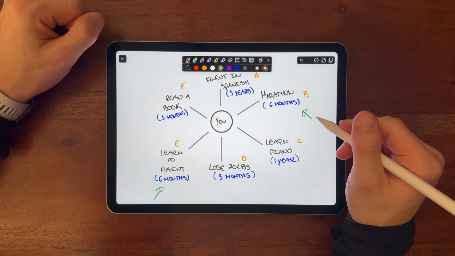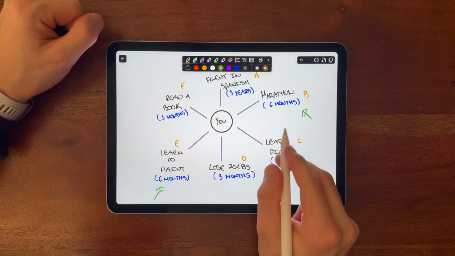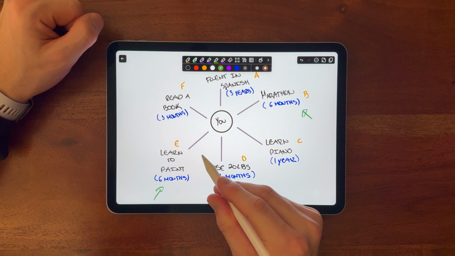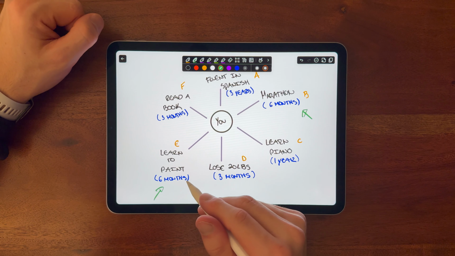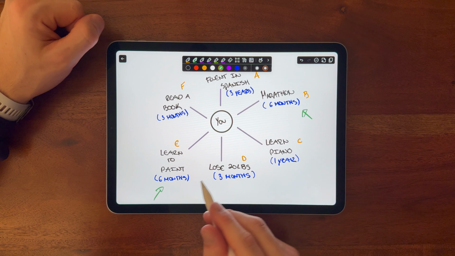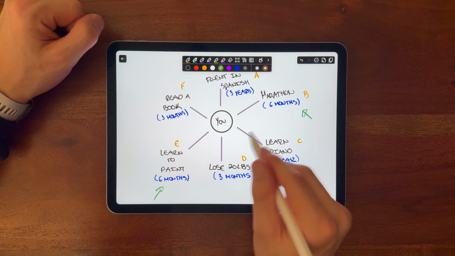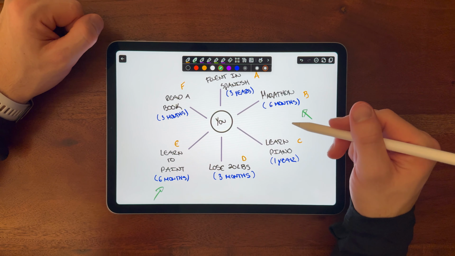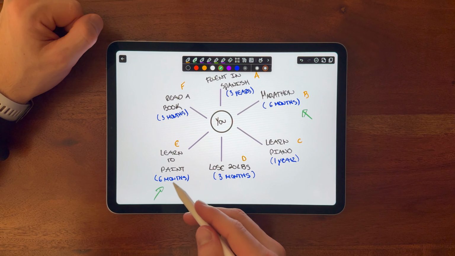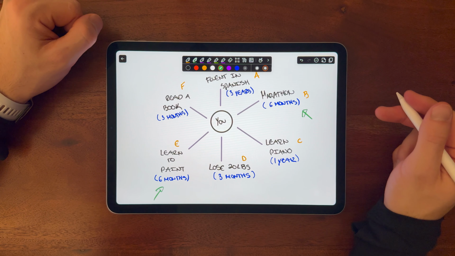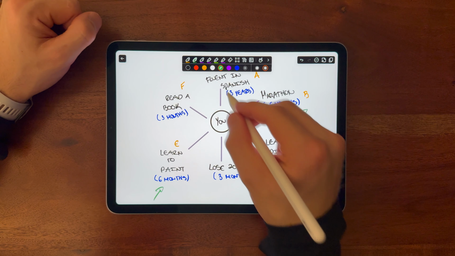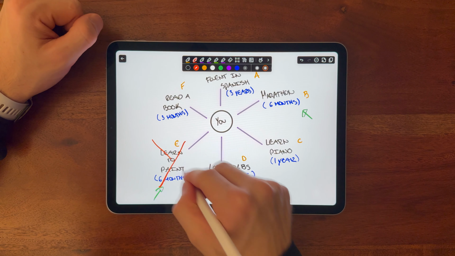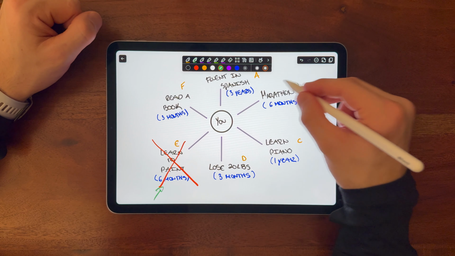It doesn't mean that you can't be doing these two things simultaneously, but this is where people run into issues, because they overextend themselves. They put too much on their plate. One of them will eventually end up being given up, because you realize how much time it takes to train for a marathon, and how much consistency it takes to learn to paint. So from there, what you want to do is, one, either completely remove one option and just focus on one,